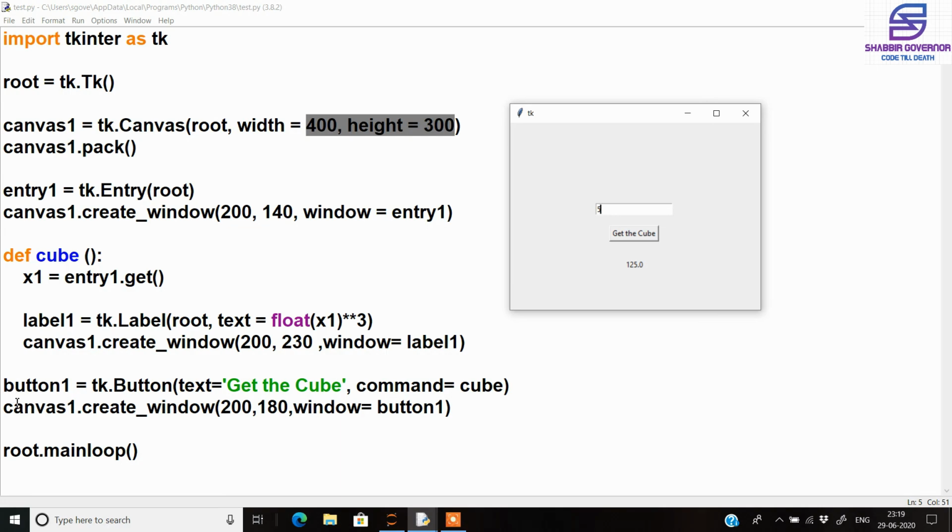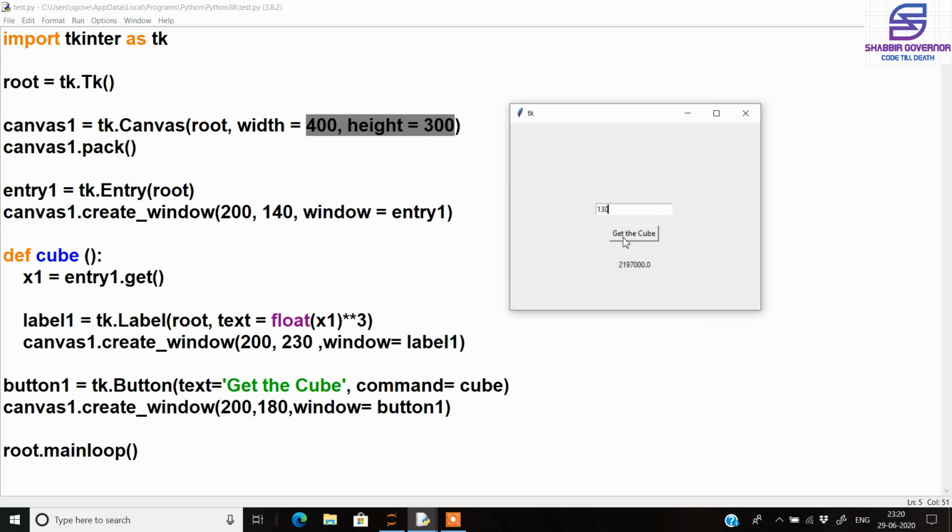And in the last part we created a button object here that was based on the tkinter button, and we had a text on this button, that is get the cube. And the command on this button call was that whenever this button is pressed, you need to call the cube function that we have declared, that is the user defined function. Lastly, we had mainloop running in the background continuously. So let's check this with some more. So we get the cube of any number that you pass to this application.